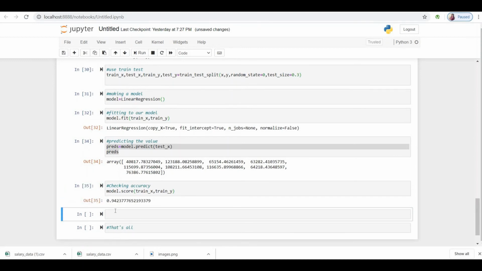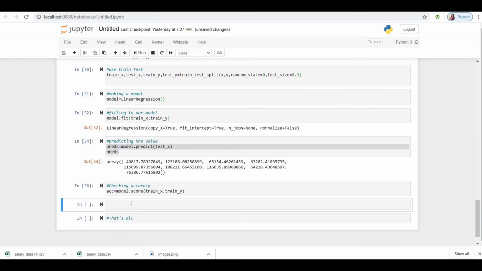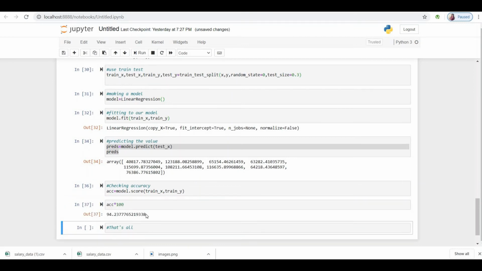So here you can see that our accuracy is very good, 94%. If we multiply this by 100, we can see that our actual accuracy is 94%.